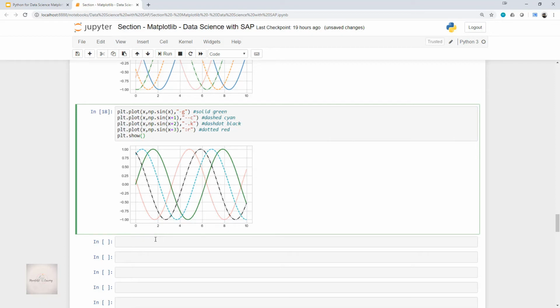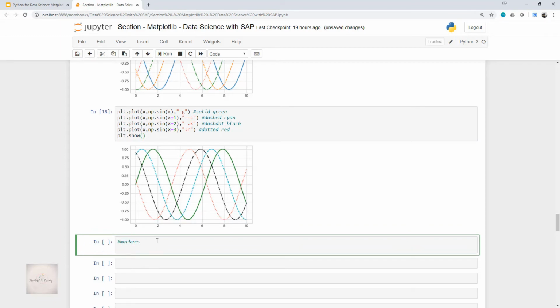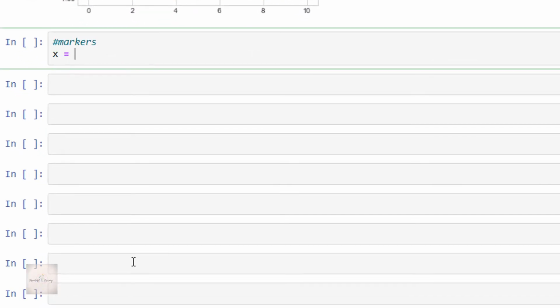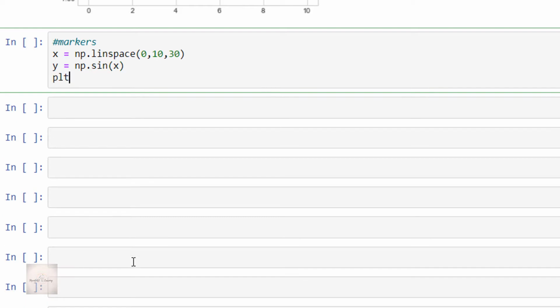To illustrate the same, I'll write a code here: x is equal to np.linspace of 0 comma 10 comma 30. Then y is equal to np.sin of x, and then plt.plot of x comma y comma marker is equal to v.